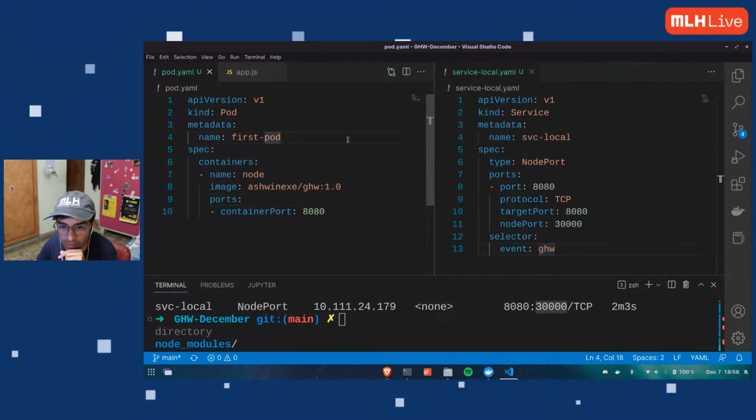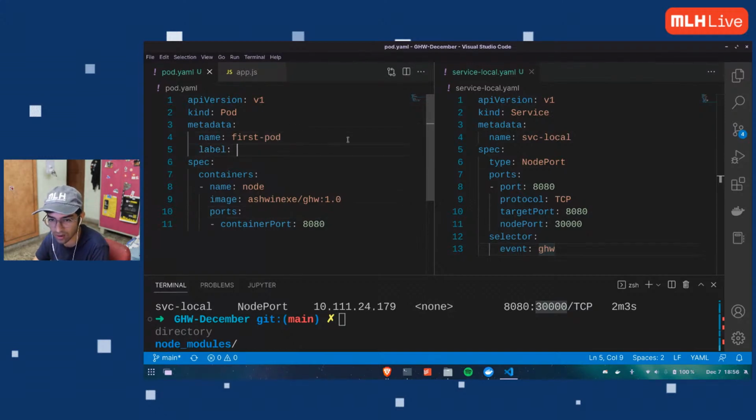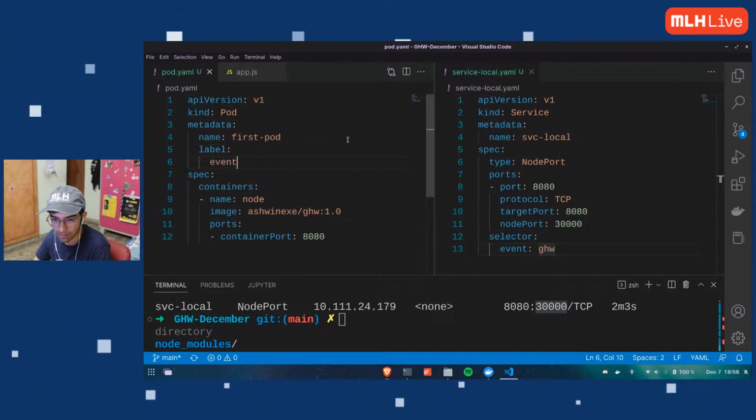wait, where is my label again? No, not again. Oh. Just keep messing around. You may not have made changes to the pod. Yeah, exactly. I just realized that. I don't know. So this gets so messy. But thanks for reminding me.